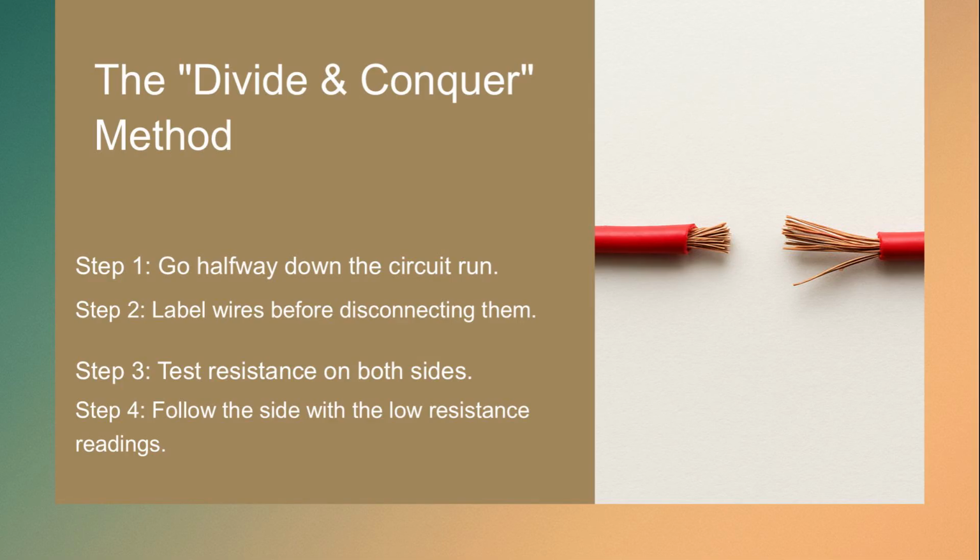Now, use the divide and conquer method. Make an educated split in the field. A good starting point is halfway down the run. Before you do anything, always label the incoming and outgoing conductors to ensure they are reconnected properly. Disconnect the device and test both sides. One side will show normal values, while the other will show low resistance. Follow the side with the low resistance readings and repeat the process until you find the exact spot of the